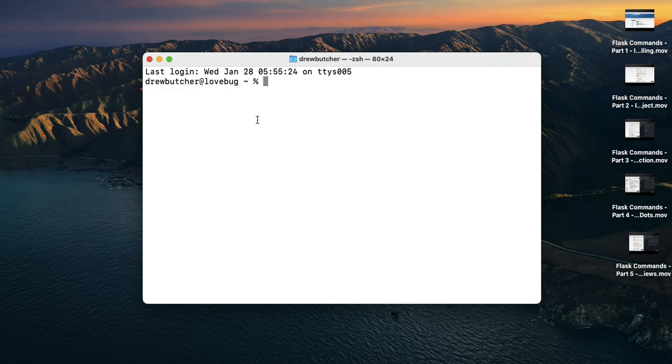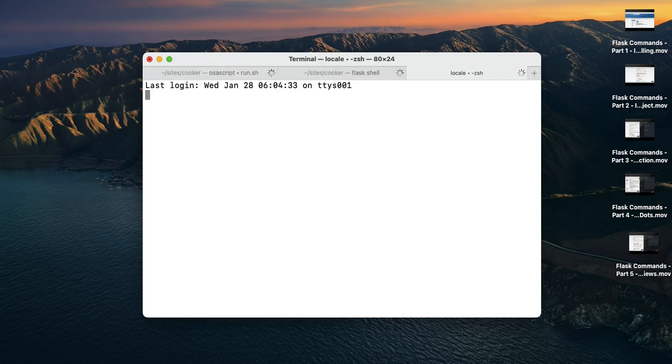And that's what that run.sh command does. So just a quick example of that. I'll open up my terminal, I'll cd into, I'm putting everything in sites, and we start making this cooker example. So I'll cd in there and then just run the run.sh and do ./run.sh, press enter,